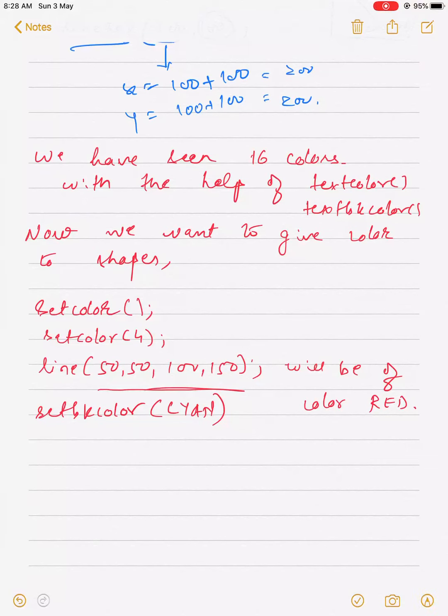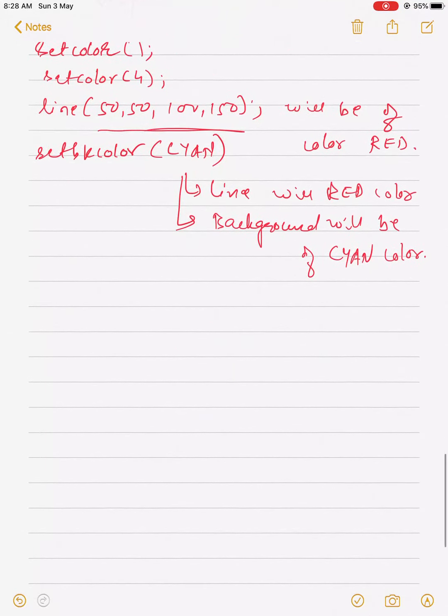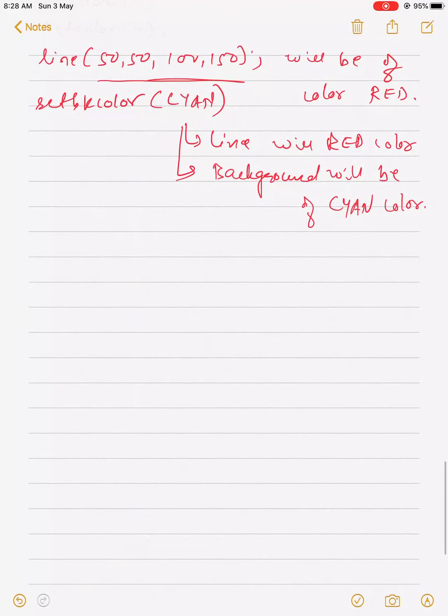So the line will be red color and the background will be cyan color. Clear? Same function. Now if you want to write something on a line, for example, now you know how to draw the line. You have drawn one line, but on that you need to write hello.